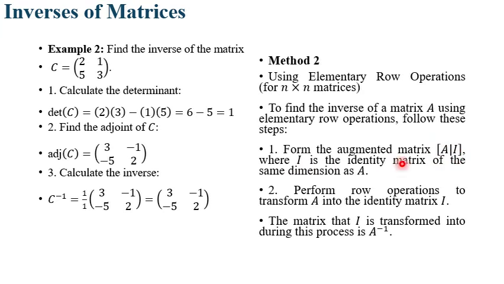Where I is the identity matrix of the same dimension as A. In other words, if A is a 3 by 3 matrix, then the identity matrix will also be a 3 by 3 matrix, having 3 rows and 3 columns. So the second thing is to perform row operations to transform the matrix itself into the identity matrix I. So the matrix that I is transformed into during this process will be the